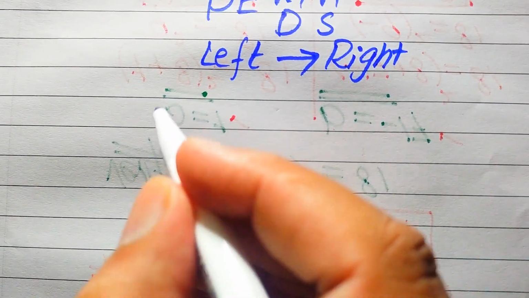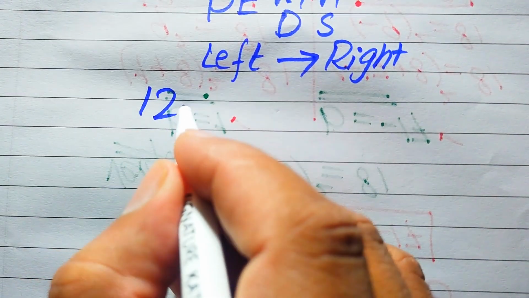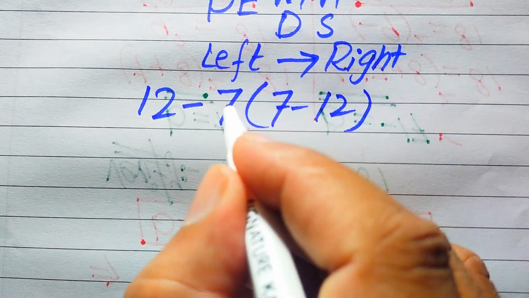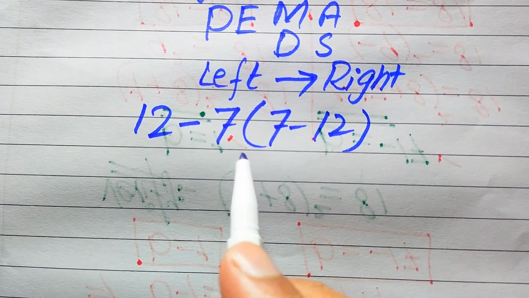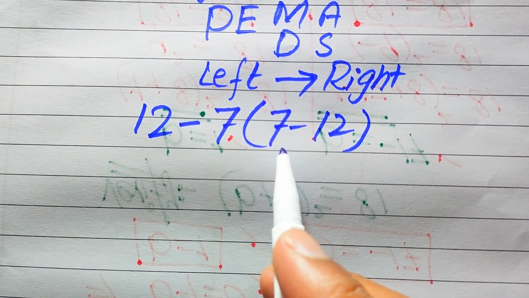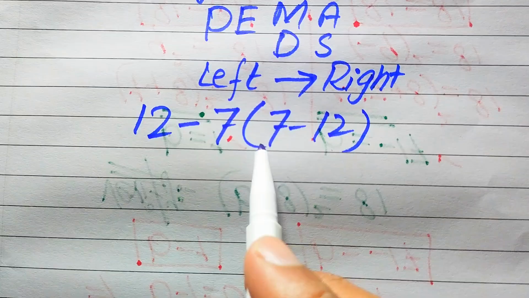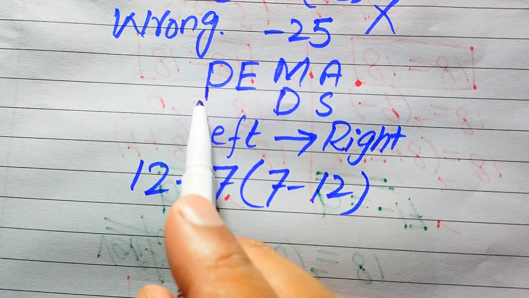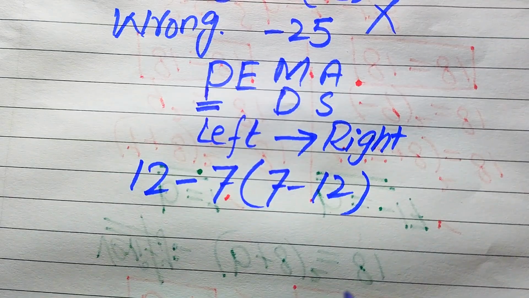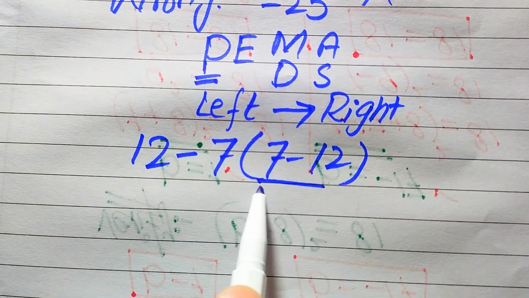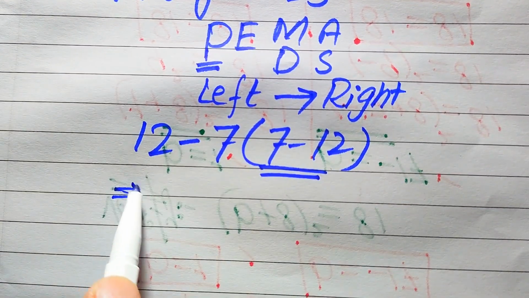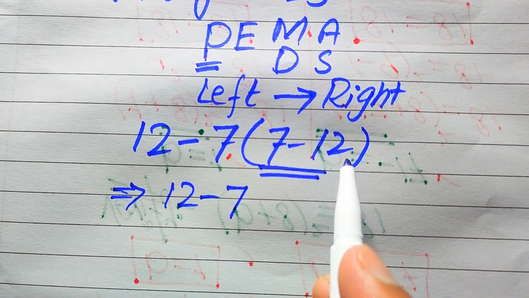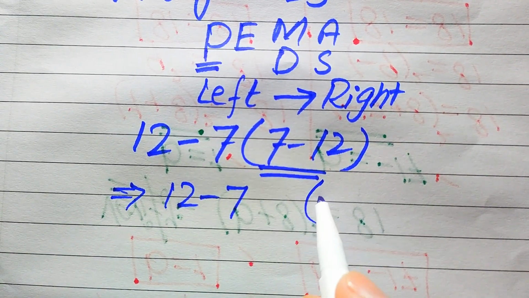So first we copy down the given question statement. Here it is 12 minus 7 times of 7 minus 12. You see that in this question we have two operations, subtraction and parentheses, and you see the order of operations from here. You know that we give the first priority to the parentheses. It means that we first solve these parentheses,